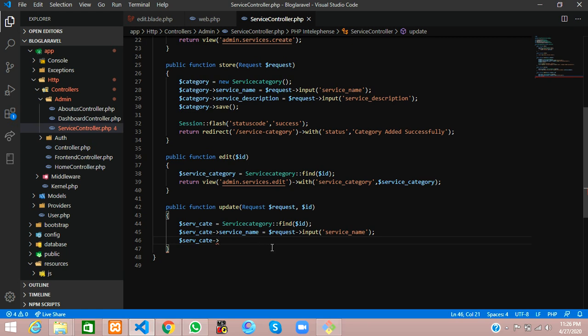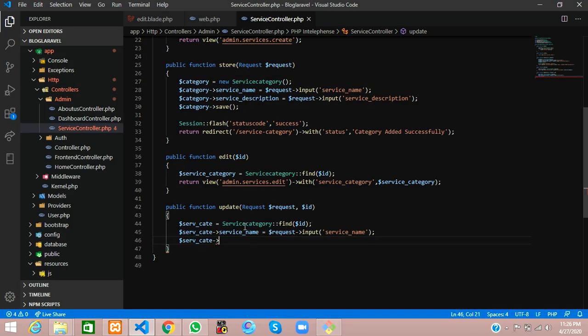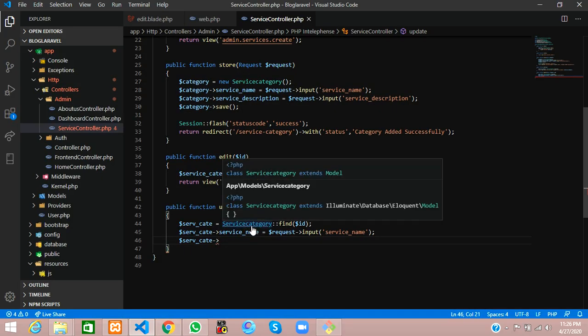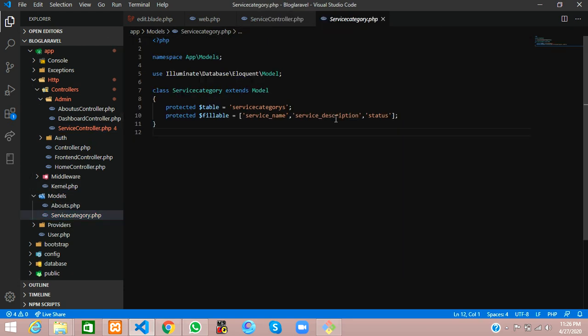But we need the database column name. You can copy it from the database, or else you can copy it from your Eloquent model. That model is over here, inside our model folder, service category, where we have described it.